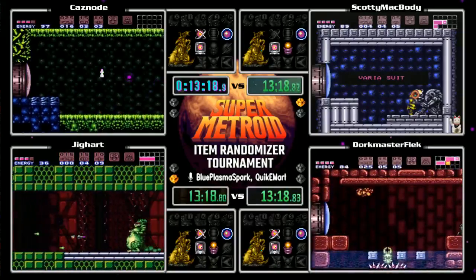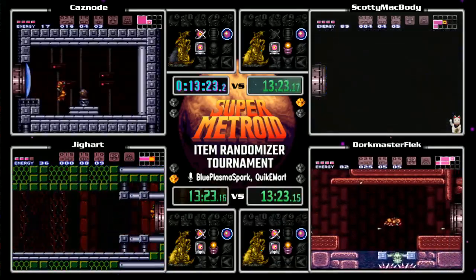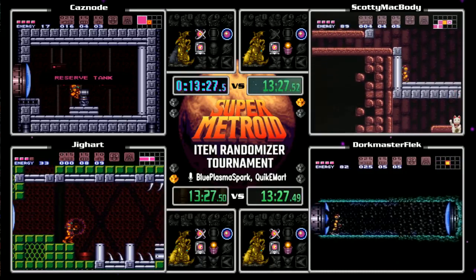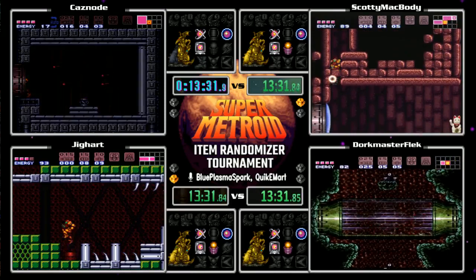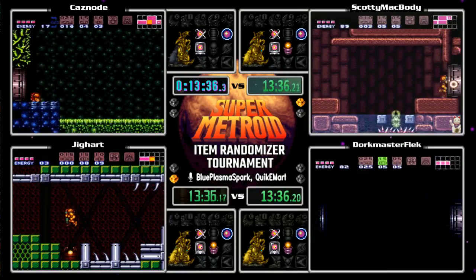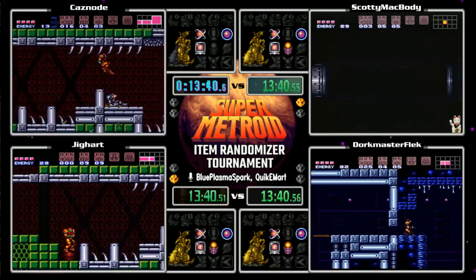Looks like Caznode not getting the stand-up glitch. That's a shame. And picking up the anti-silver bullet, which I think is Core's Light, but...